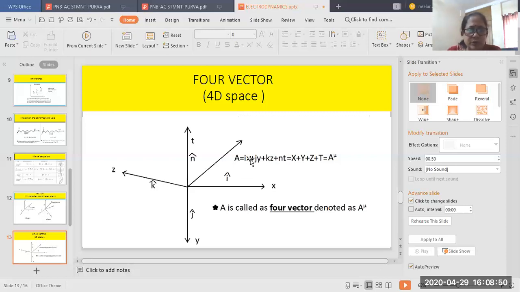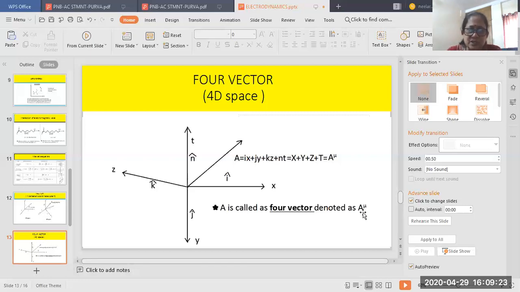So it is as if a clock is running along with the object as it moves. Now you can find out the total effect in 4-dimensional space. The change along the x-axis is I cap x, and this is j cap y, k cap z, and n cap t. It is a 4-dimensional space. So Ix is my vector x, jy is my vector y, kz is my vector z, nt is my vector t. These 4 vectors added together give you a new notation.